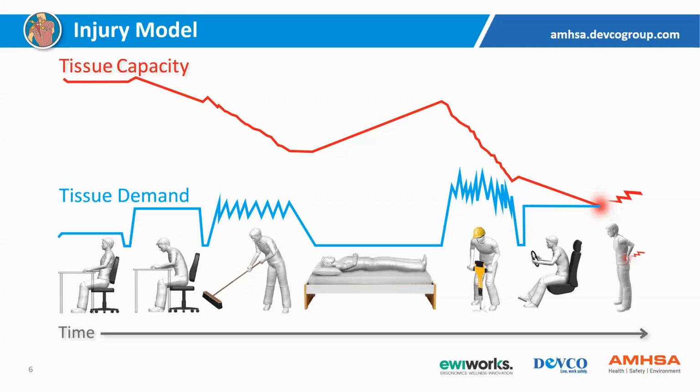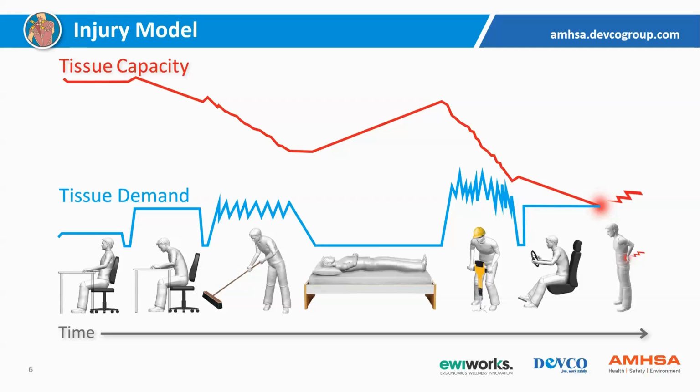And when we get to the point in the day where we're lying down, having a sleep, the demand on whatever tissue happens to be in the body is at baseline or minimal, and that's when our body tissue gets the opportunity to recover. And basically, the idea here is if your tissue doesn't get enough time to recover, at a certain point the blue line and the red line meet, and that's when we exceed our tissue's capacity and we have injury.